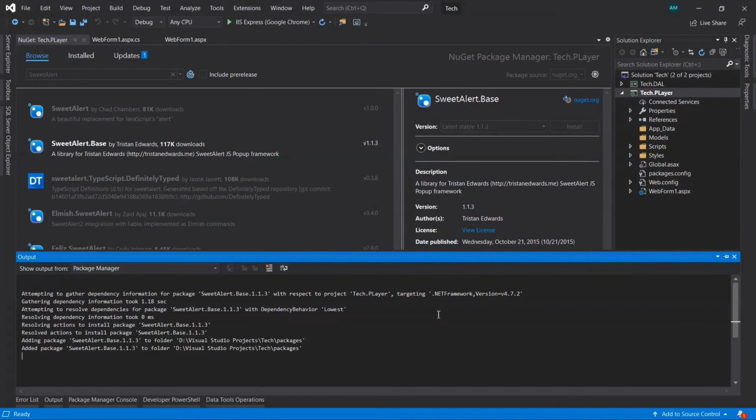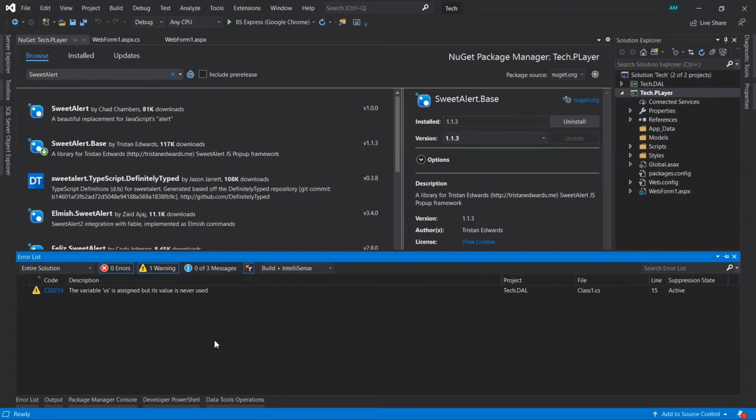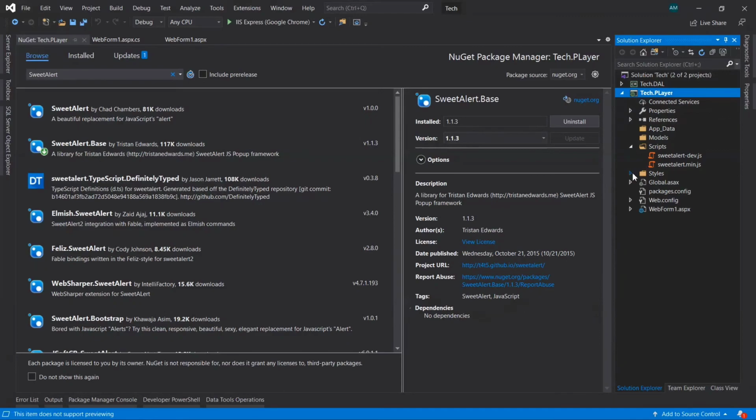Now it's installed. You can see here there are two new folders, script and style. In script there are two JavaScript files, sweet alert dev and sweet alert minified JS file. And in style you can see one CSS file for the sweet alert.